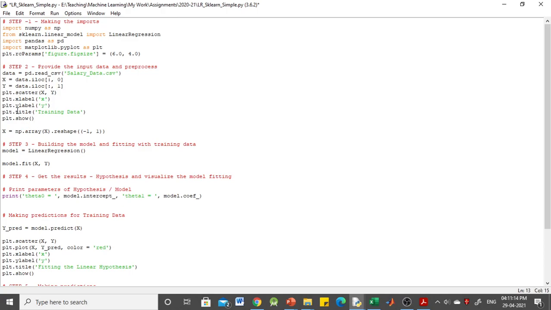Now we are plotting the distribution of the data in our training data set. Here we are making use of the matplotlib scatter function to have the scatter plot to visualize the data. Okay, now as I mentioned, x and y are arrays now, so we require the